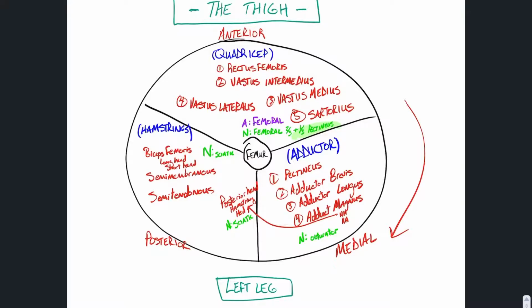Then innervated by the femoral nerve. That's what's innervating all of those muscles. I'm going to skip that 2/3 and 1/3 pectineus. 1/3 goes to the pectineus because I'm not quite sure what's going on there. So next group, adductors. If we're on the medial side of the left leg, we have the adductor group. Now there's 4 muscles in the adductor group. Those 4 muscles,